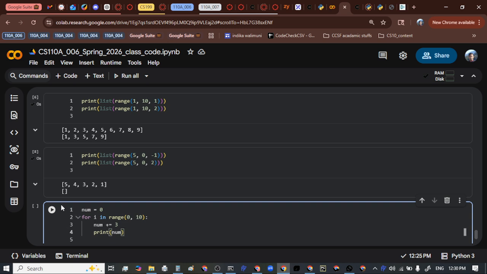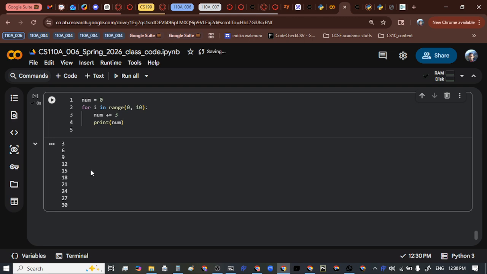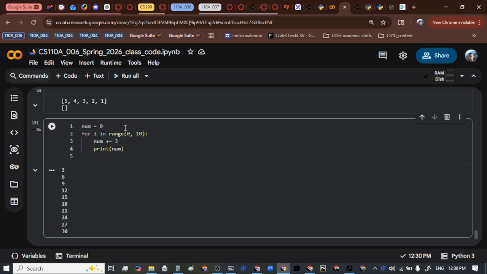Okay. So I get values like this. Okay. And this just shows you an application of a range based for loop. Now we already encountered, okay, if there's a sequence, we can